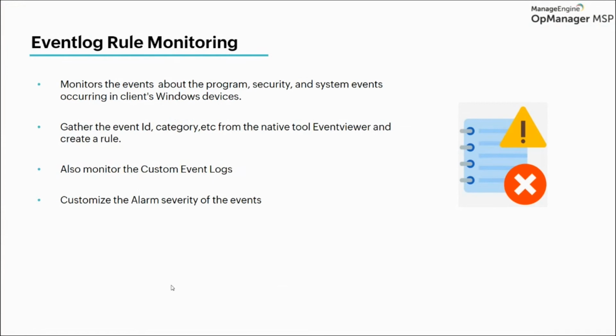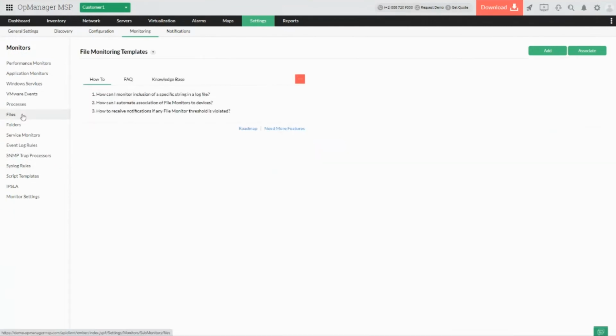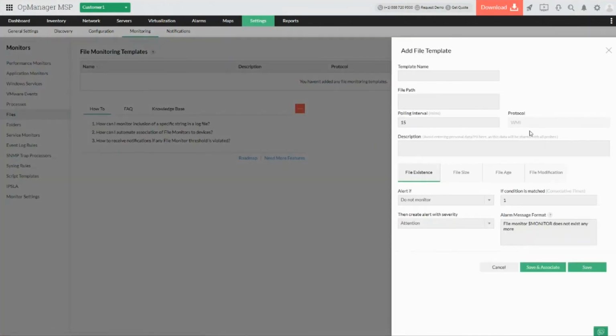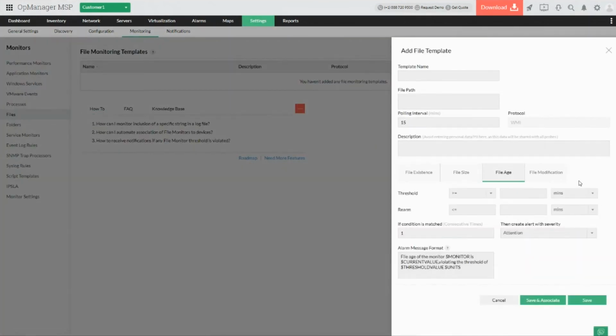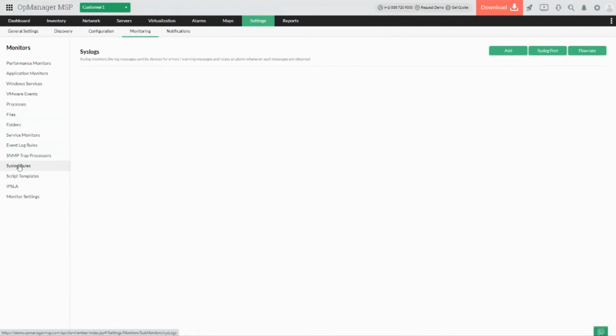So now let me show you a gist of how these file monitors, folder monitors, or the respective monitors are going to appear with various different criteria. As we have seen for the files and folders, we have various different criteria, as we have discussed, from file existence to age to modification. And likewise, when we talk about URL monitors, the URL monitors also help us understand what is happening at what particular time with the desired information.